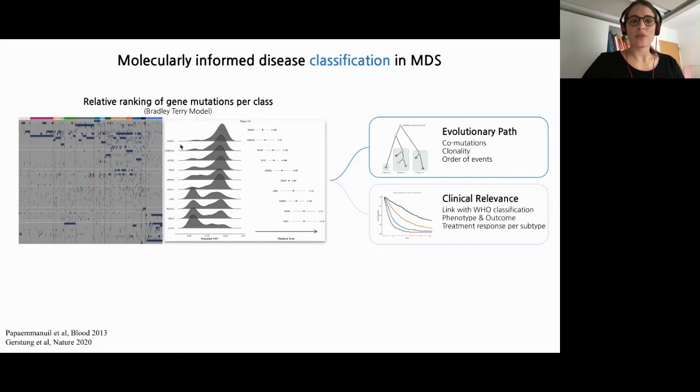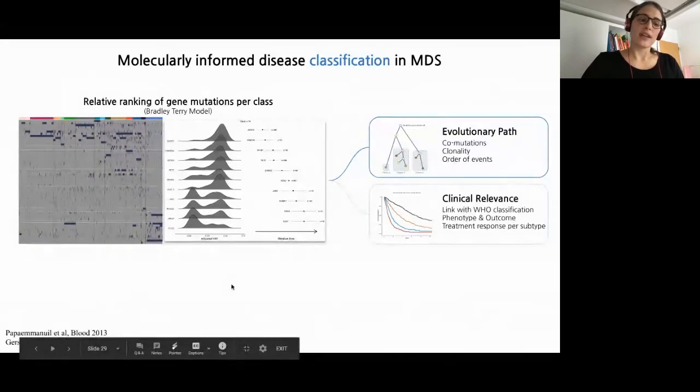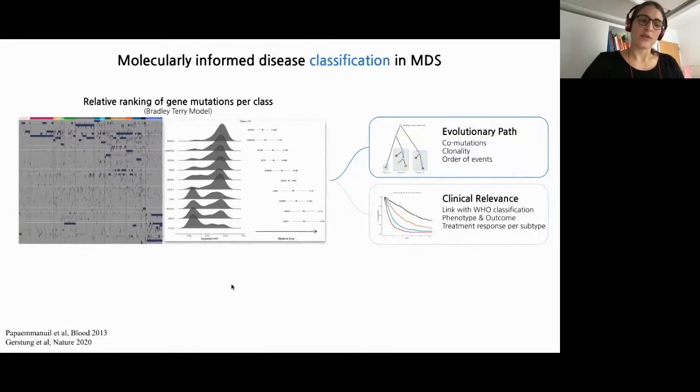So some gene mutations will have a variant allele frequency, adjusted variant allele frequency, around 50%, so they tend to be more clonal, and some others will have more subclonal peaks, so they tend to be secondary acquired mutations on an already existing background. And branch length modeling, which has been used extensively previously and more recently also in the Peacock papers, provides a relative ranking of those events across time. And so this informs the different evolutionary trajectories of the disease, which can be very diverse and differ